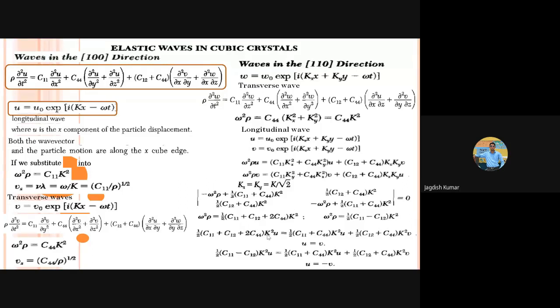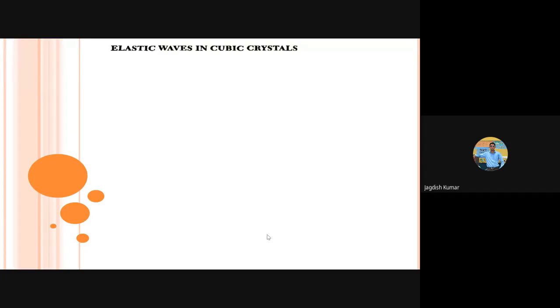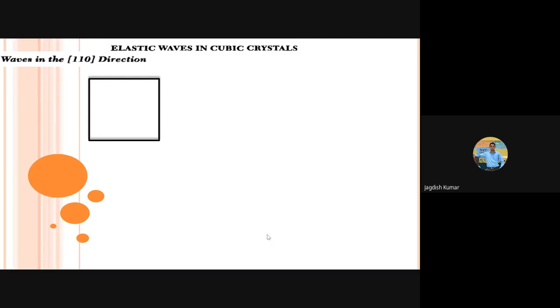So one case represents the longitudinal component, and the other one represents the transverse or shear component. So we will be seeing this diagrammatically here. Let us assume that this is representing the top view of the cubic unit cell. We are talking of a simple cubic crystal, right? Or cubic crystal in general, not only simple cubic. So this is representing the z-axis view.